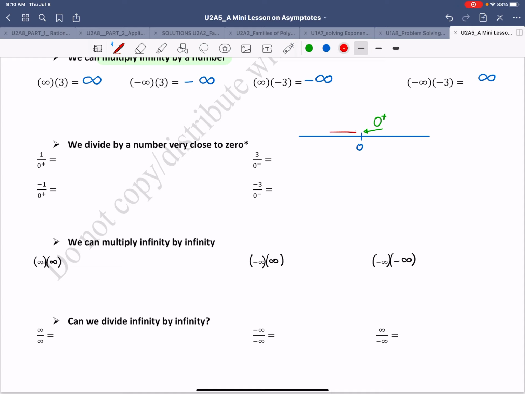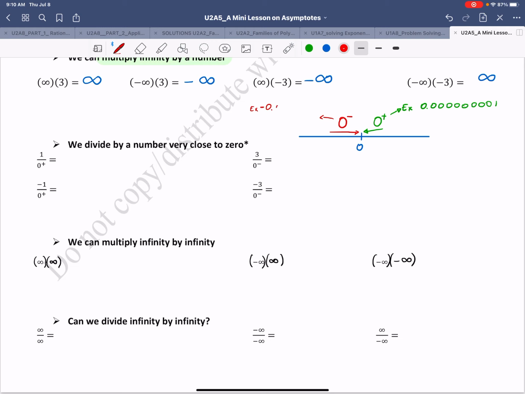Or it can be a number very close to 0 from the left-hand side. We call it 0 minus. An example of a 0 plus number can be 0.00000. You can add as many zeros as you want because you can get as close as you want to 0. And an example of a 0 minus can be